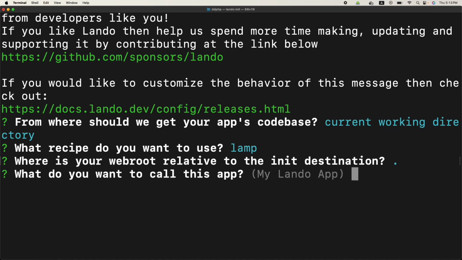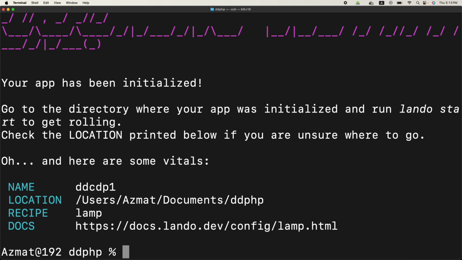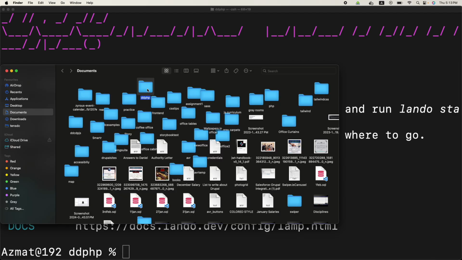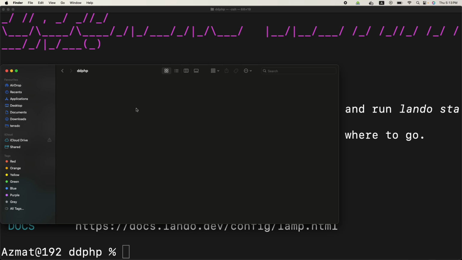What do you want to call this app? I will call it DDCDP1, and that's it. If you come to this folder, actually there is a hidden file, .lando.yml. If I access it,